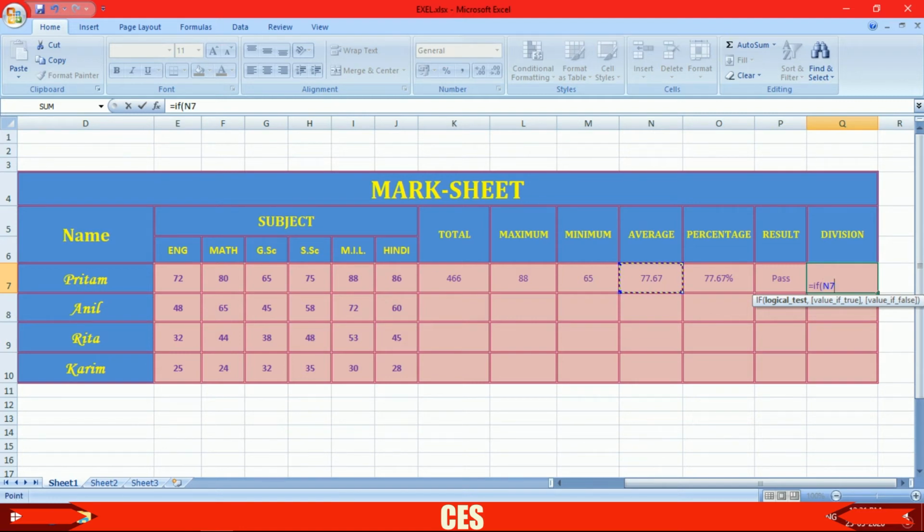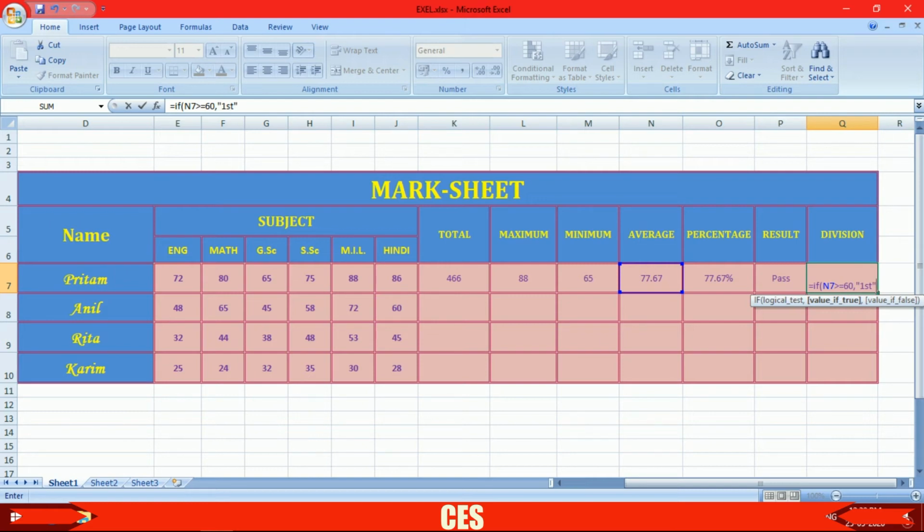Now if our average marks is greater than or equal to 60, comma, then our division will be first. So open inverted comma here, then write first division, 1st, first division. Okay, now close inverted comma.